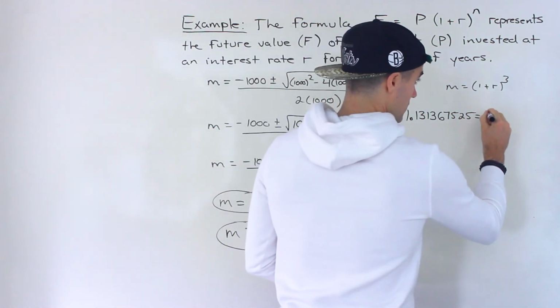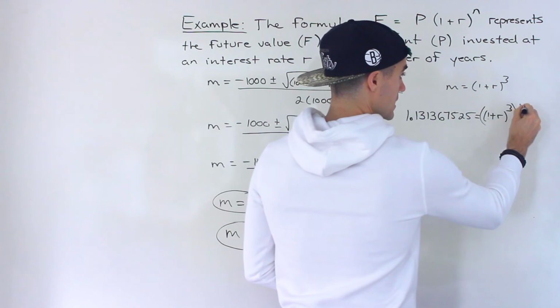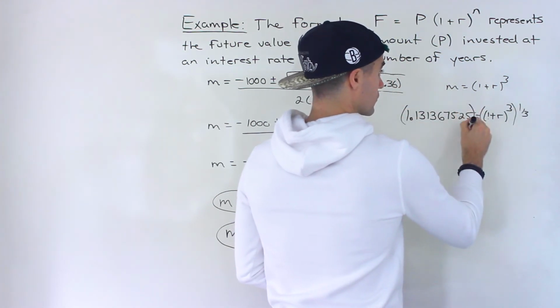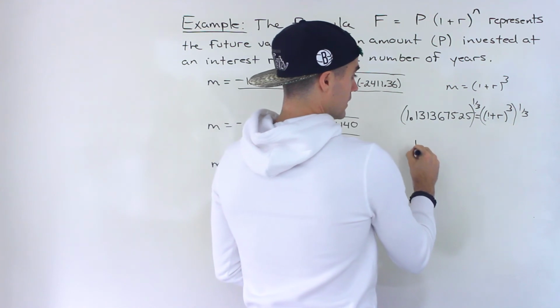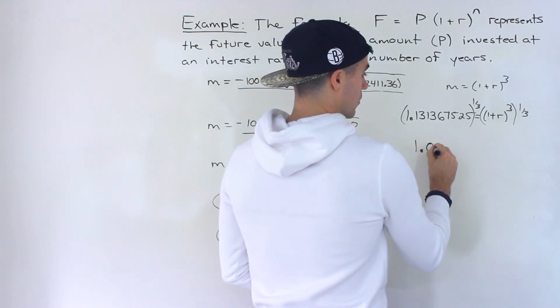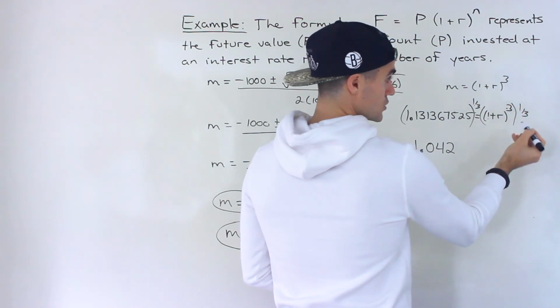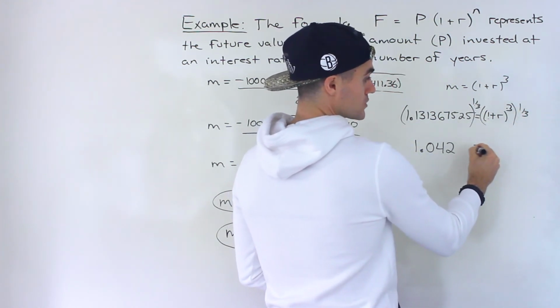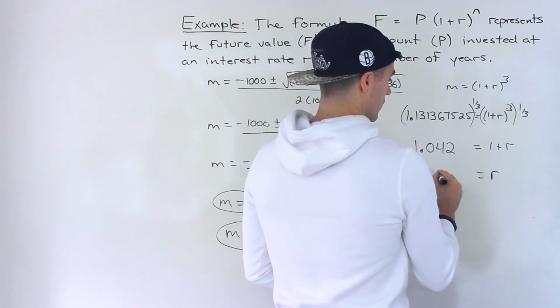and then we got 1 plus r to the power of 3. How do we isolate for that r? Well, we take both sides to the power of 1 over 3, or the third root of both sides. And when you do this in your calculator, you'd end up getting approximately 1.042. And then this times that would be just 1. 1 plus r to the power of 1 is just 1 plus r. Bring the 1 over. R would be